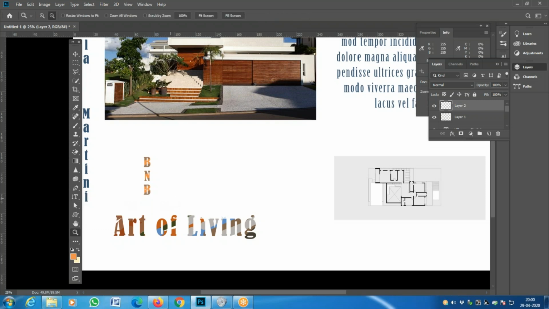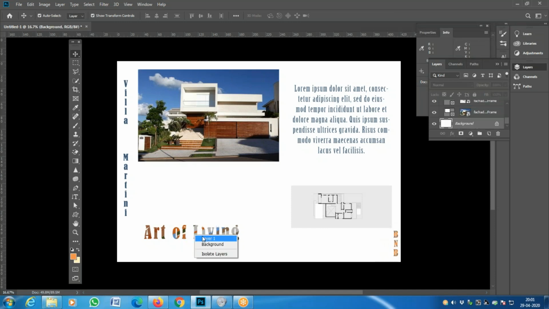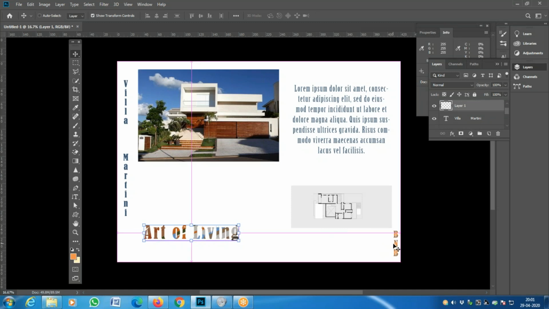These are the different types of text tools available in our Adobe Photoshop. By the way, I wanted to show you how to select each layer. I forgot to tell you that. If you want, you are now in a